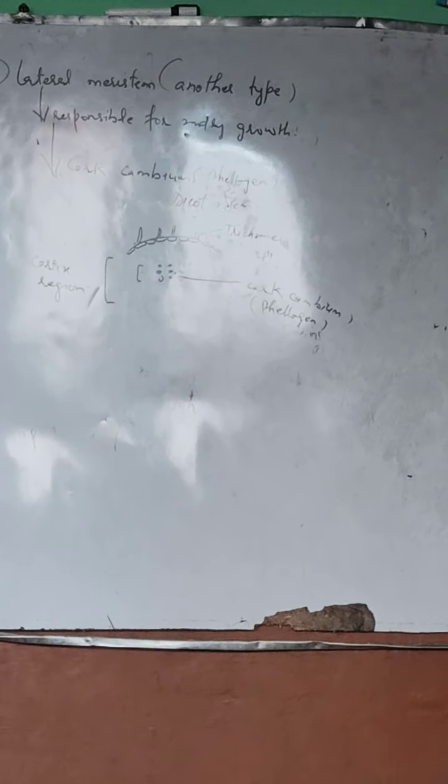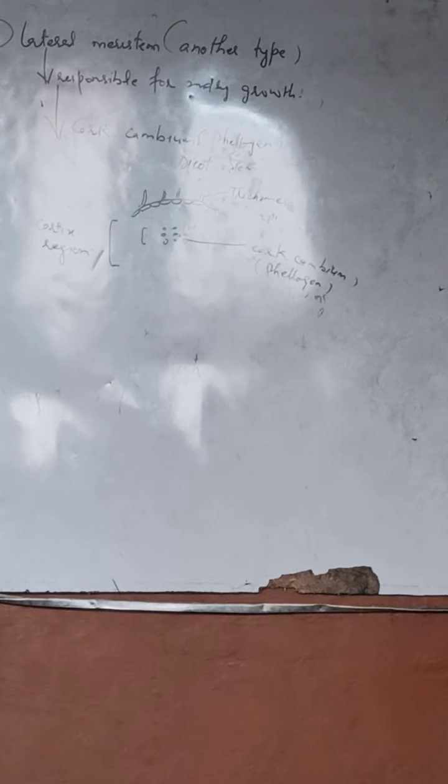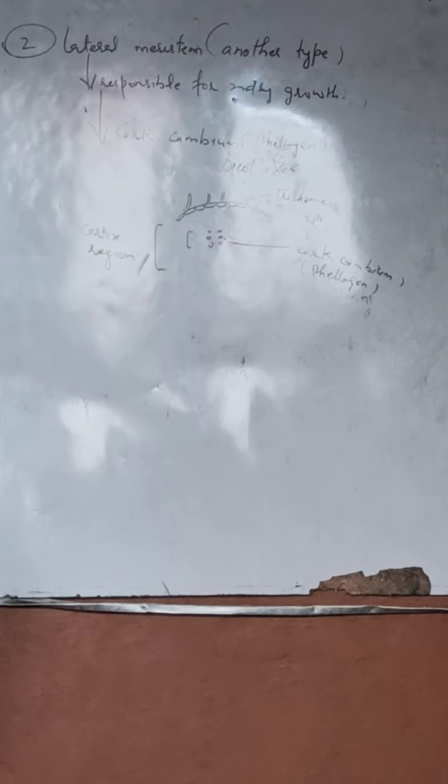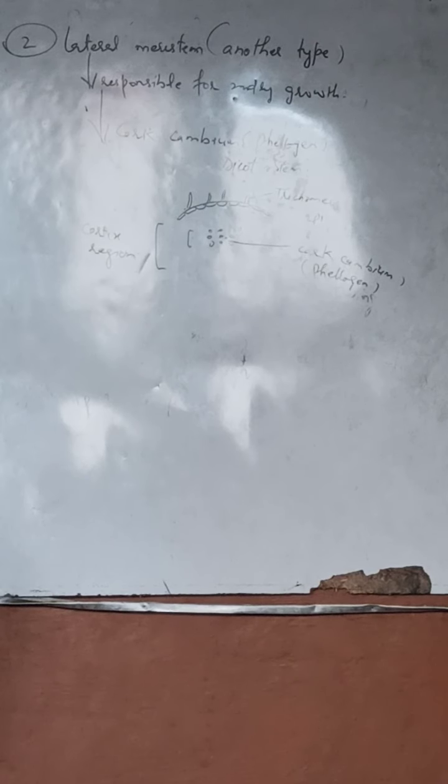When the outermost layer of the stem is damaged, sooner or later the cells need to be repaired. This repair occurs with the help of cork cambium. When this cork cambium differentiates and divides,